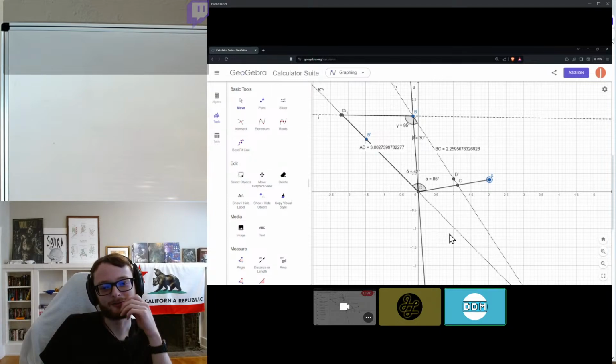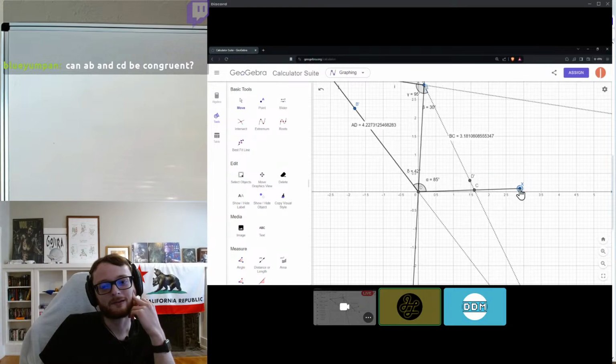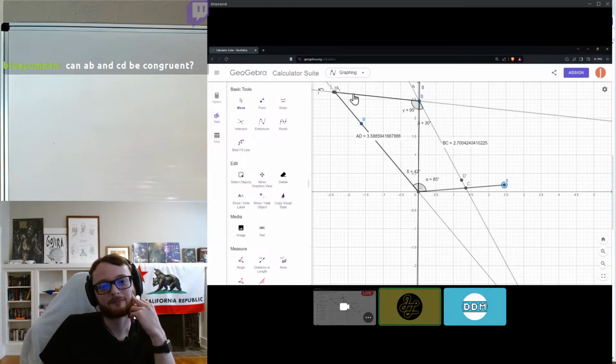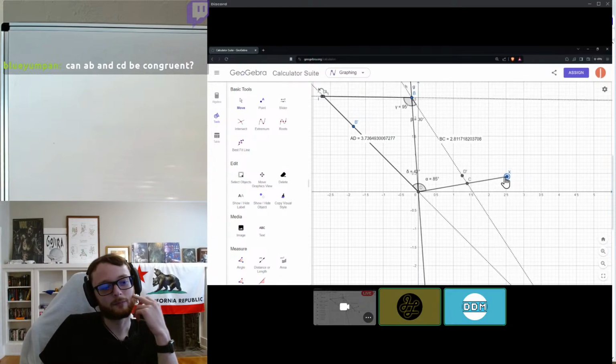Yeah, I definitely buy this as just an impossible shape. Because if you have two triangles that share a side and have different angle measurements, you can't guarantee the other two sides are going to be equivalent. You can make a shape where maybe this side is equivalent to that side, but you can't make